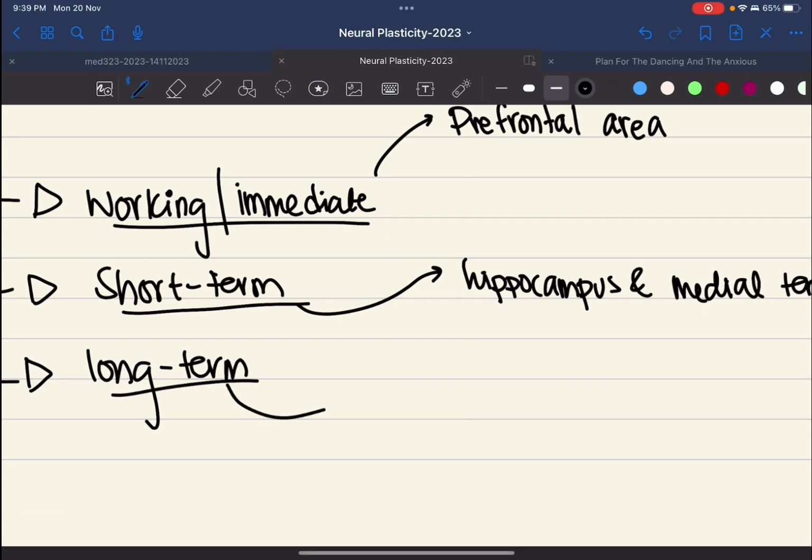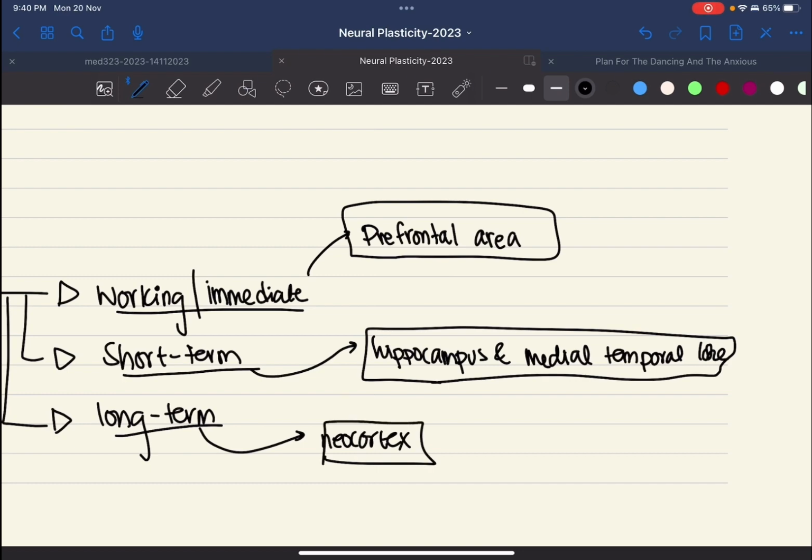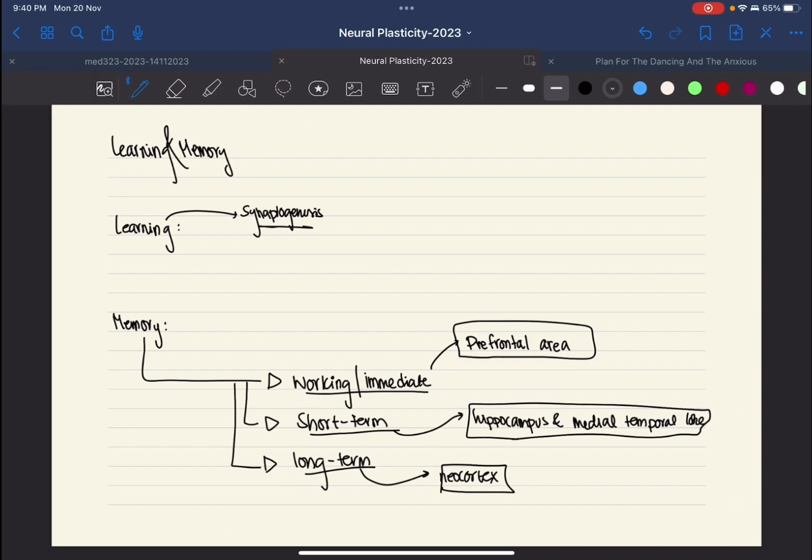And your long-term memory is stored in your neocortex. So this is the first criteria that we need to be aware of. Where are they stored? The second criteria that we need to be aware of when it comes to types of